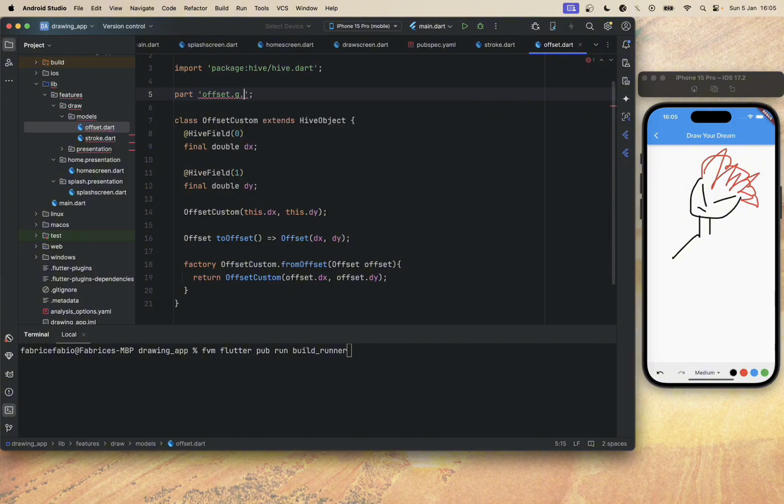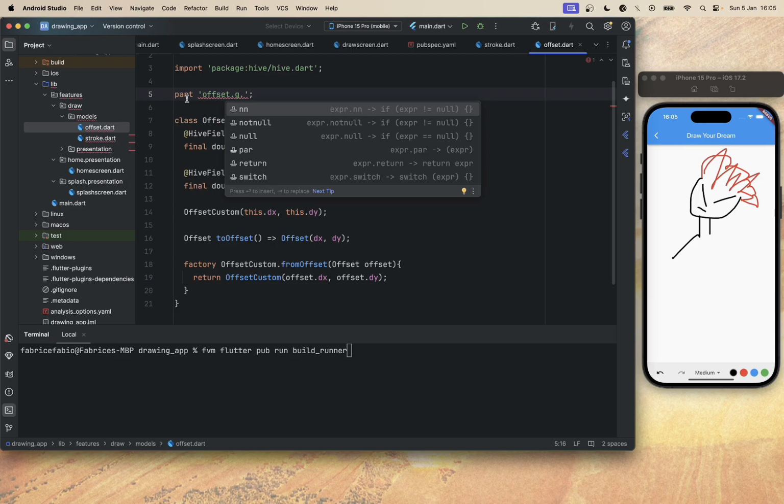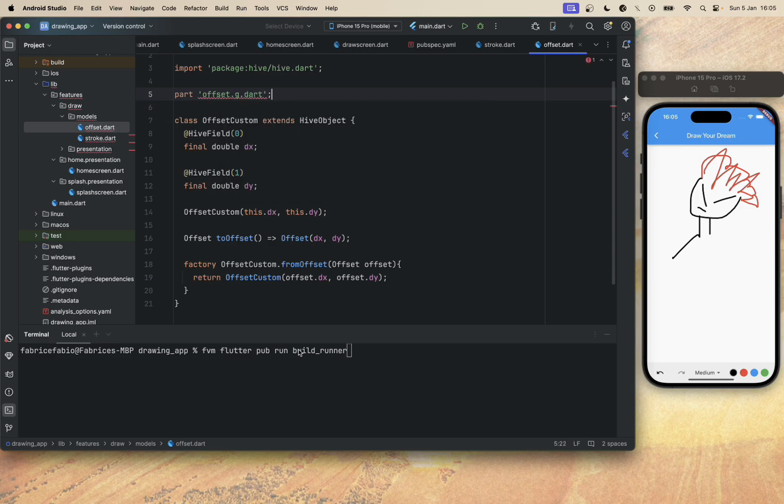The reason that every time we call, like, part offset.g.dart, if you check the Hive documentation, you will see it, is because when we run this command, like flutter pub run build_runner, it will generate those kinds of files automatically. They're like the build files. So yeah,